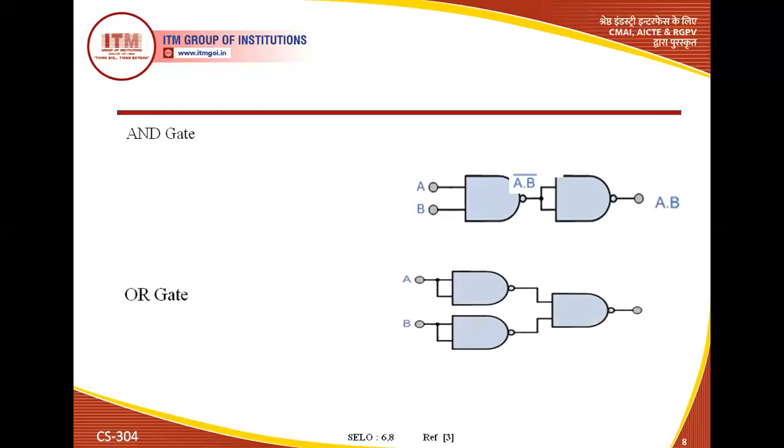This is basically the circuit of the OR gate. Here we are connecting three NAND gates. So here this is the first NAND gate, this is the second, and this is the third. Here in the first NAND gate, we are providing the common input. It is working as a NOT gate here. So if we are providing here the A, at that time we are getting here the A bar. Similarly, the second NAND gate is also working as an inverter or as a NOT gate. So when we are providing here the B, at that time we are getting here the B bar.